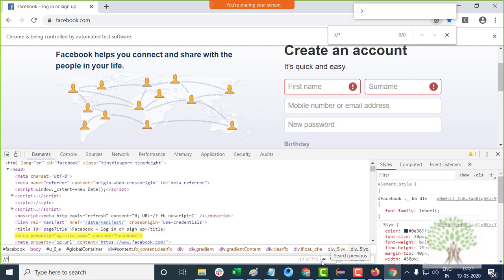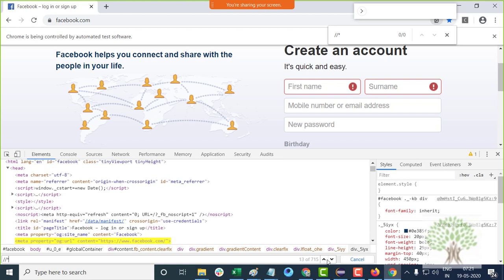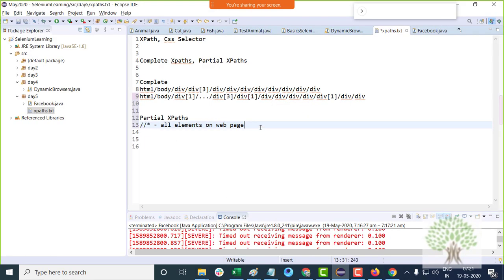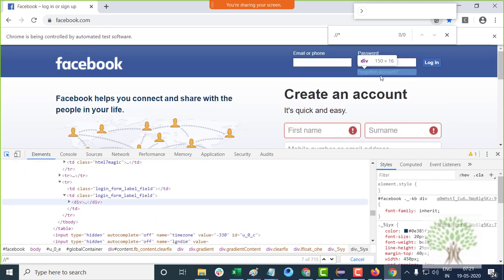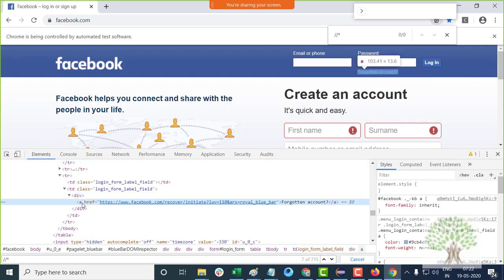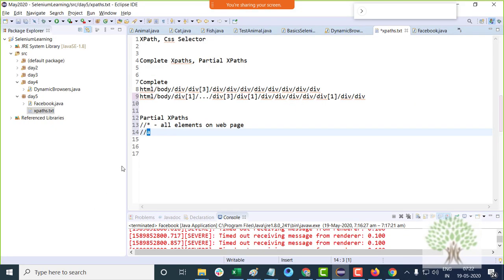You can keep on clicking the down arrow, and they will be highlighted one by one, down and up. Instead of star, if I give the tag name like double slash a, the anchor tag, which is the tag name for all the links on the web page, like the forgot password link, this will represent all the links on the web page.